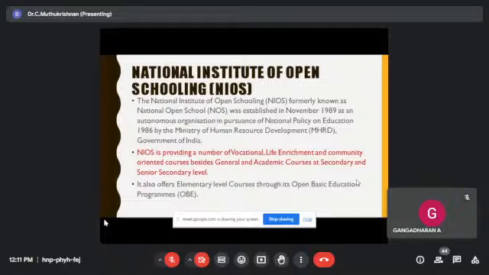So NIOS is providing a number of vocational and life enrichment programs, and open basic education programs, OBE. They give much importance to vocational, life enrichment and community-oriented courses. Along with these courses, they also offer elementary level courses through its open basic education programs. So what is meant by OBE means open